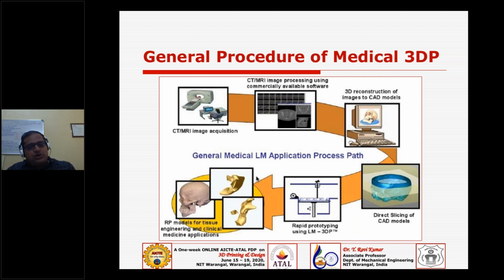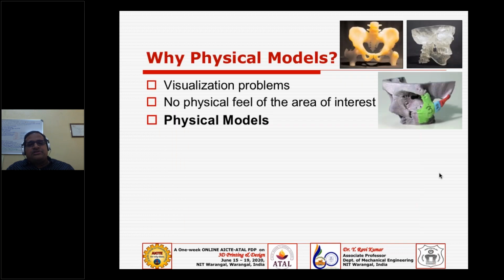And further, those models can be used for planning the surgery. We'll discuss that during the cases. Or it can be used for designing an implant, that is a customized implant, or prosthetics, or some medical device, supporting or non-supporting device, or a template or guide, directly or indirectly, or for planning the surgery, rehearsing the surgery, or implant placement. You have several applications that you can perform once you have a biomodel with you.